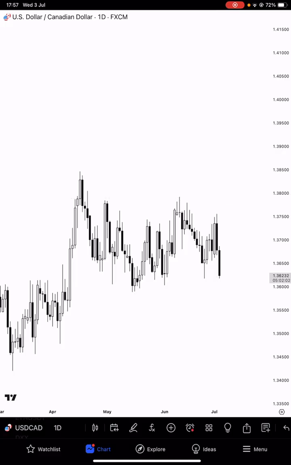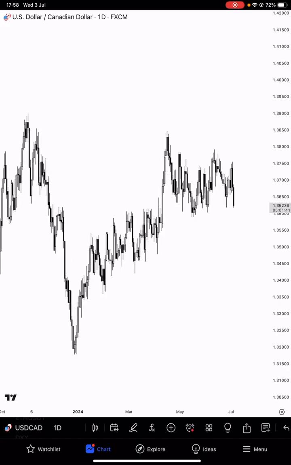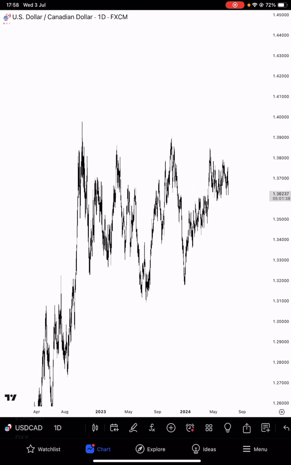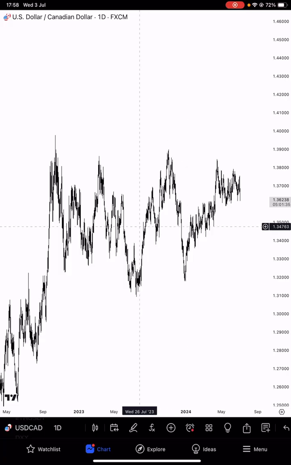I take the forex market as an example, but they can't do that because the entire global economy would collapse. They need to be smart and keep the value of a currency at the same price level. So CAD, if you look at the past 2 years, it moves, but look at the price on the right, 1.39, 1.32. The movement isn't a lot, so it doesn't affect real world economics too much.